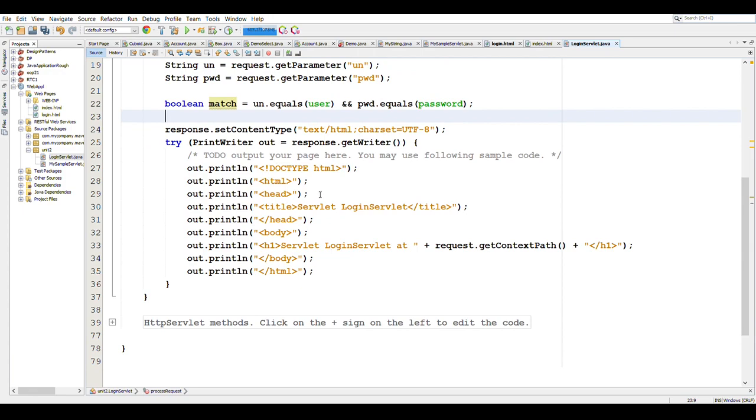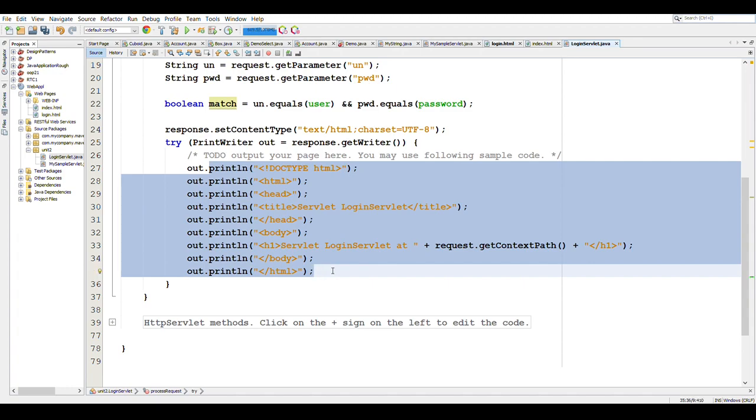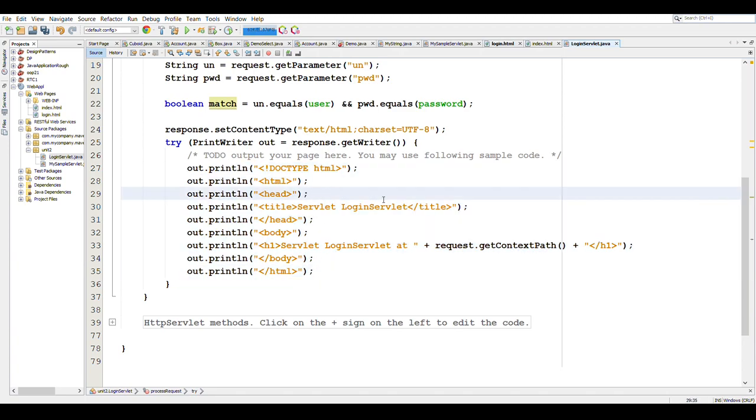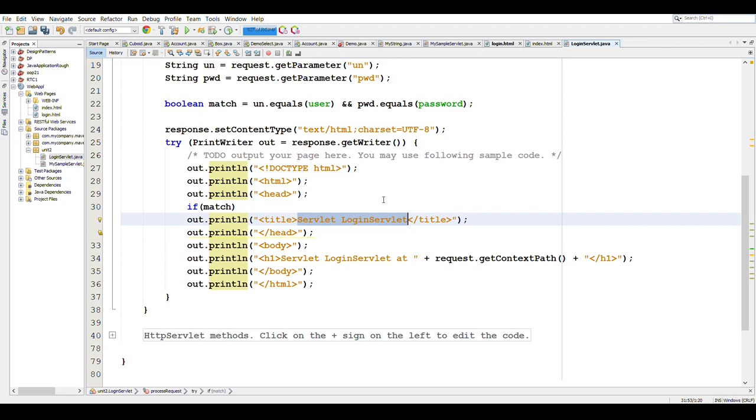Now when we are writing the HTML response, we can write the HTML response using an if-else block, depending on what action we want to take. For example, the HTML that will be displayed for the welcome form. So we can say if match, then we will print the title as welcome page, and in case it does not match,